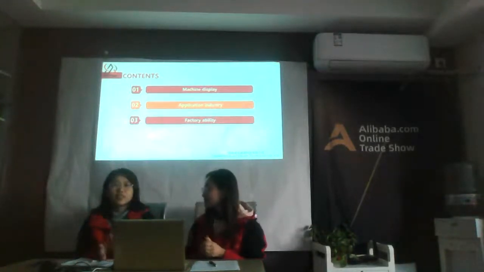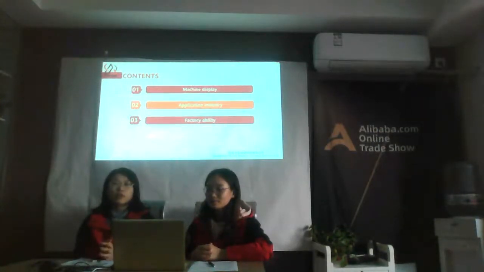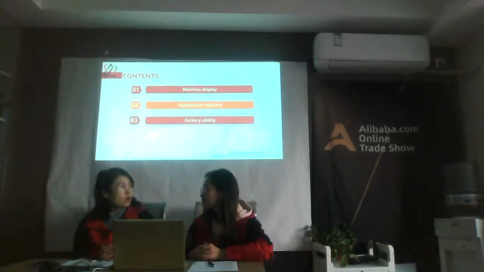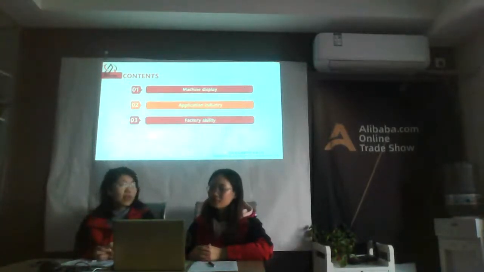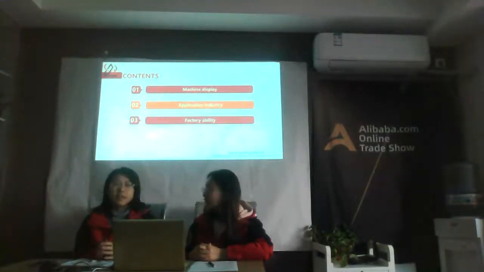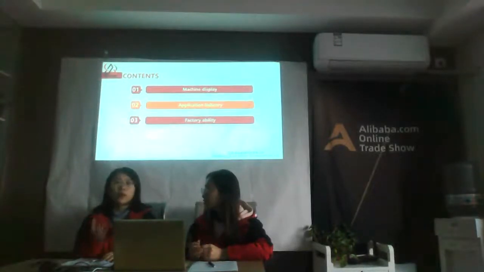Today we will introduce our CNC lathe in three parts. One is what CNC lathes we have, showing the details and the models. For the second part, we will introduce the application, in other words, what industries use our CNC lathes. According to the industry, we can recommend the right CNC lathe to our friends